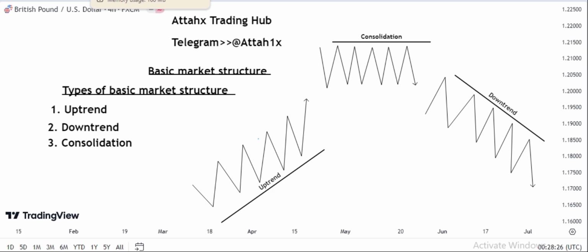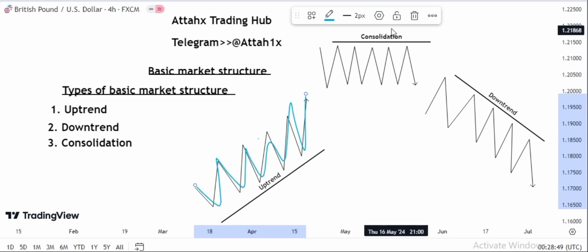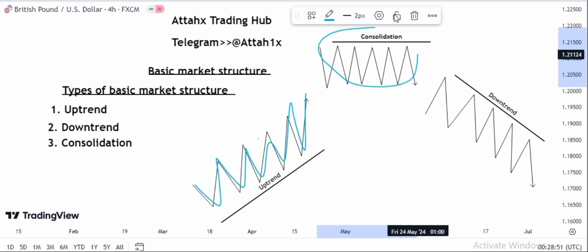So what are the types of this basic market structure? We have the uptrend, we have the downtrend, and we have consolidation, right? So this is an example of an uptrend. Price moves in an upward direction. We also have the consolidation, which is price moving in no specific direction, just creating a series of highs